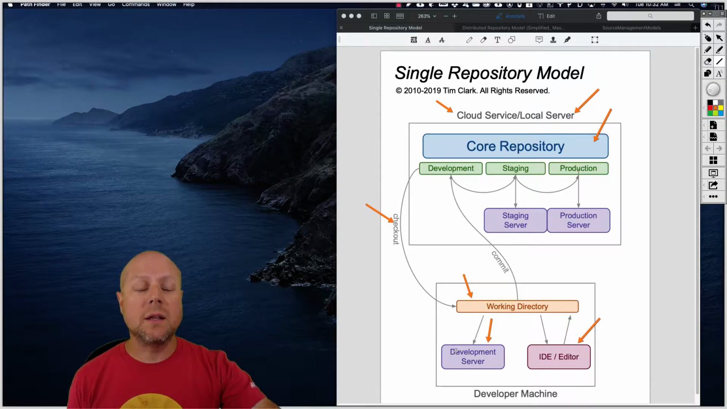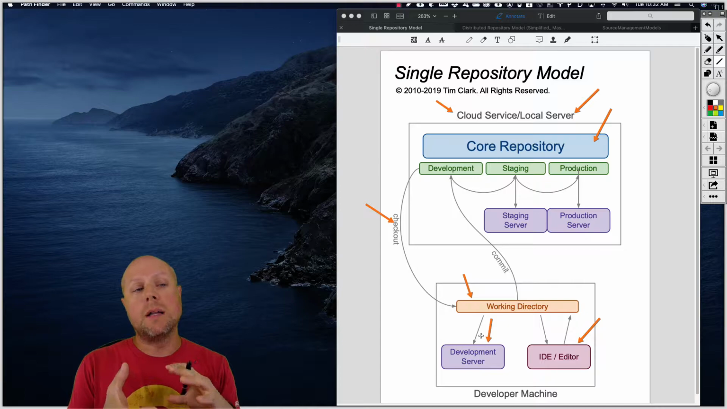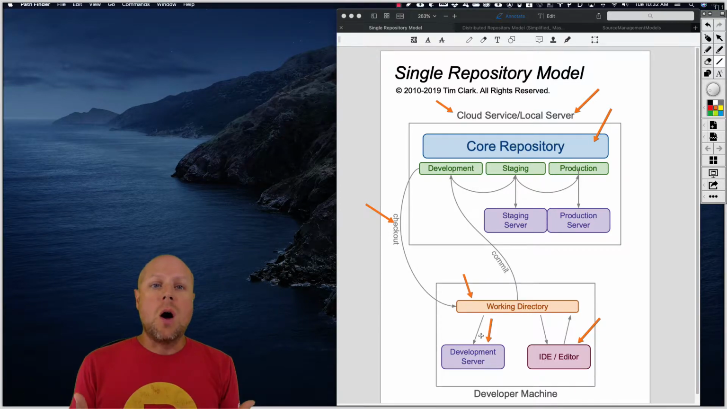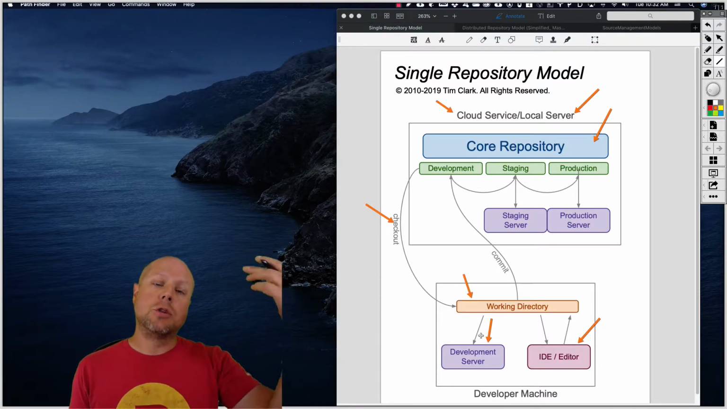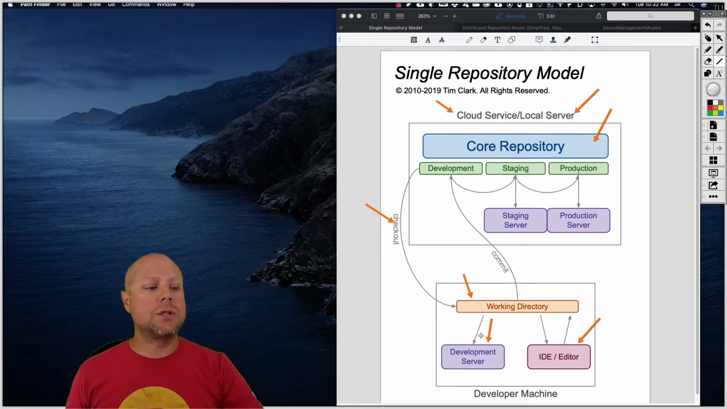Well, once I'm done editing the code, once I've tested it and I feel like it's at a point where it needs to go back up to the repository, either because somebody else needs to access it, or I've completed a feature and I need to get that feature back up into the repository to keep it safe just in case my machine crashes,